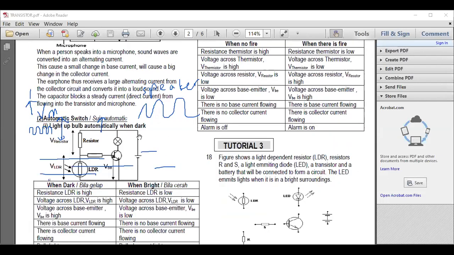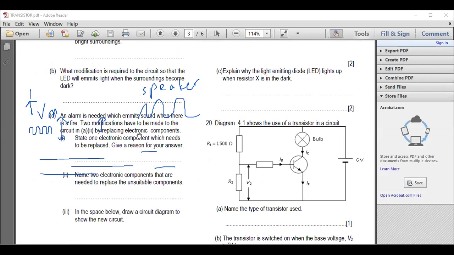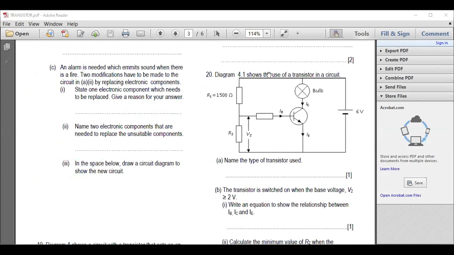Okay, so a transistor basically has two functions. One is the amplifier, another one will be the